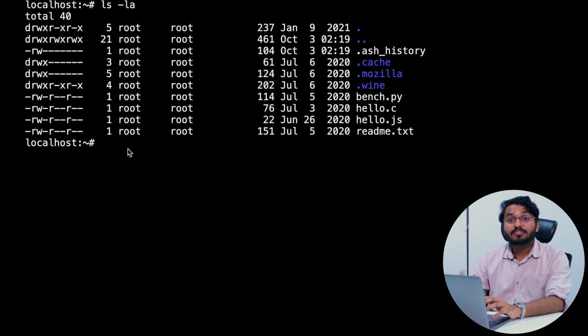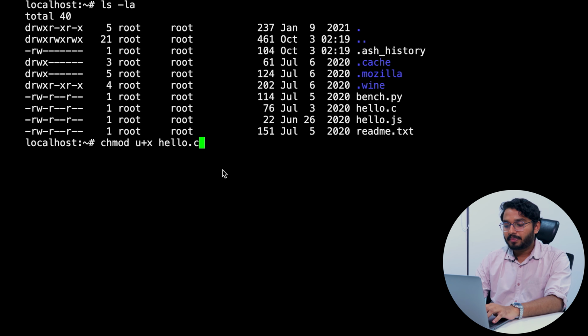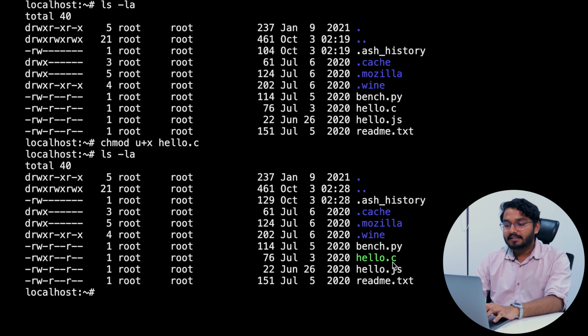Let's try to add an execute permission for the user itself. So with the alphabetical method, I'm going to use the command chmod, and then I'm going to mention u plus x. So that is chmod, change permissions. U is for user, plus is for adding the permission, and x is I want to add execute permission. Definitely I need to mention for which file I need to do it, right? So I'll just say hello.c, hit enter, and let's do ls -la to list down, and you can see it gets highlighted, and over here x has been added to my